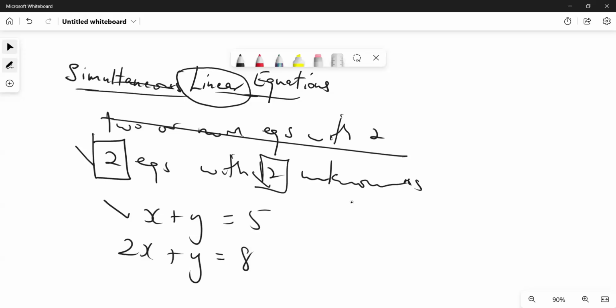For those who went to high school and probably studied a little bit of coordinate geometry, you will see that this equation, if you rearrange it, looks like this: y equals minus x plus 5. It resembles y equals mx plus c. See that? The y matches up with the y. There's a minus 1 here, which is the gradient of the equation. And of course, x matches up with the x, and 5 matches up with the c, 5 being the